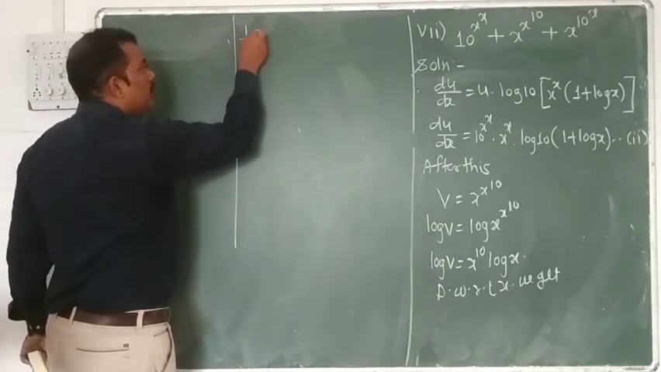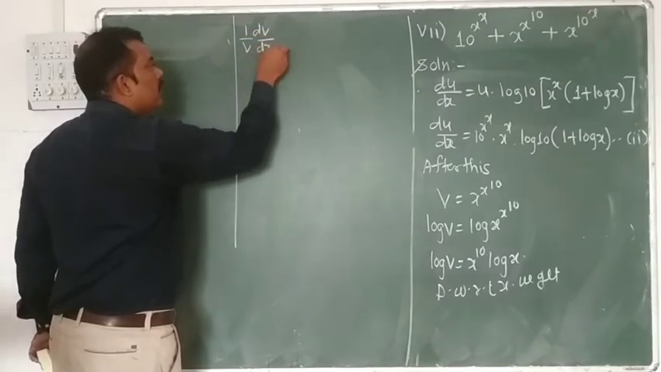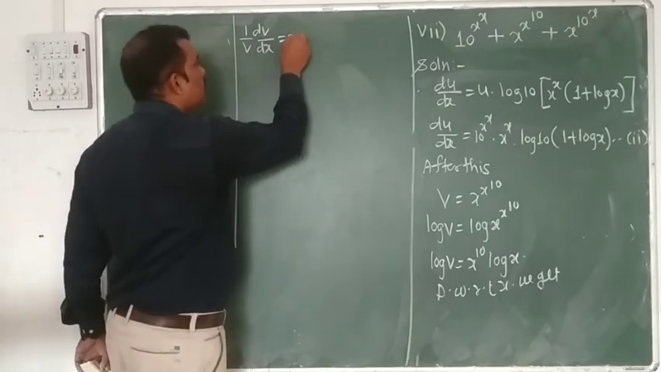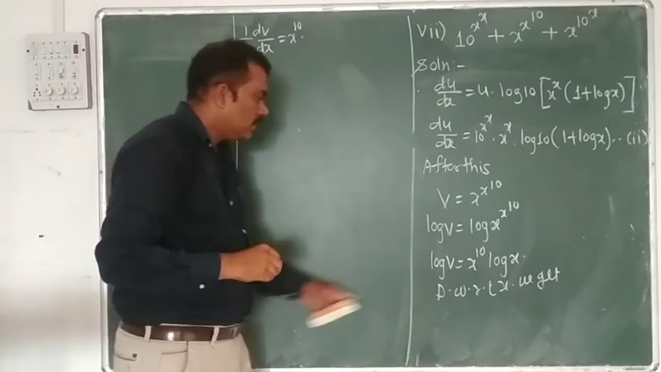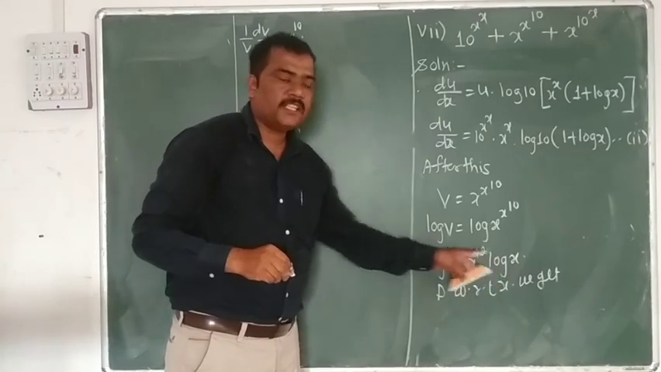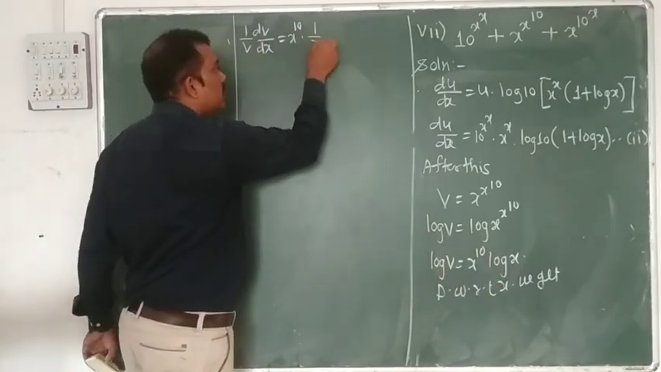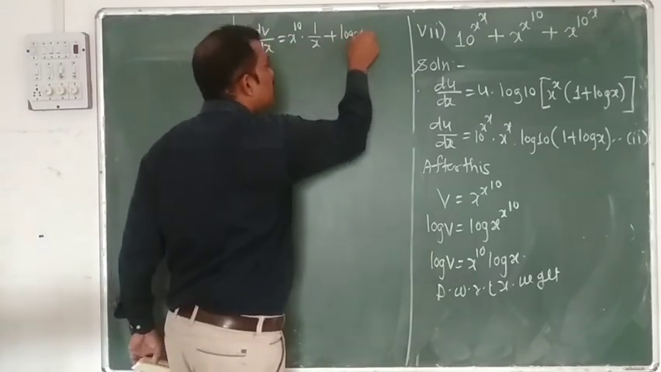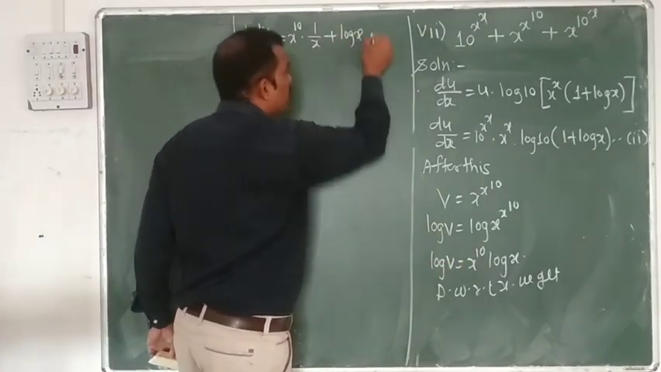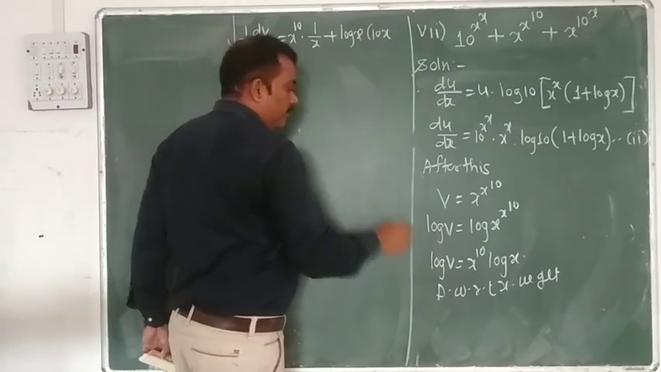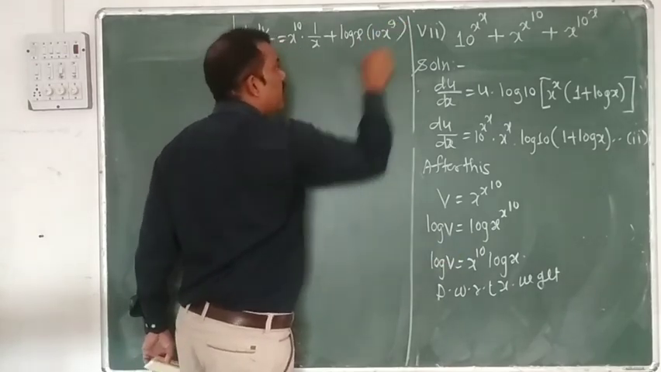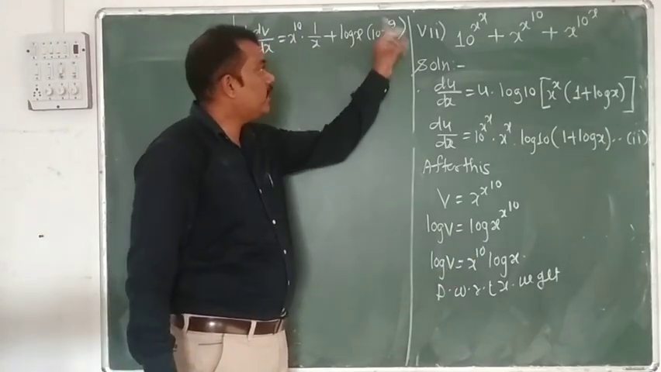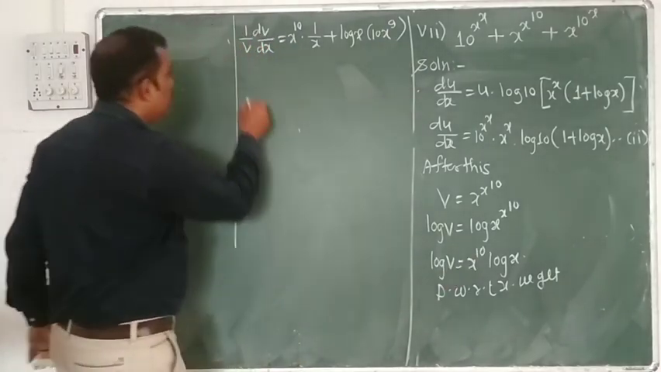1 upon v into dv by dx is equal to first function as it is, x raised to 10, into derivative of second. The derivative of log x is nothing but 1 upon x, plus second function log x as it is, into derivative of x raised to 10. We have to take the power as it is, and from the power we have to minus 1, that is 10 minus 1 is nothing but 9. So the derivative of x raised to 10 is nothing but 10 into x raised to 9. So that dv by dx